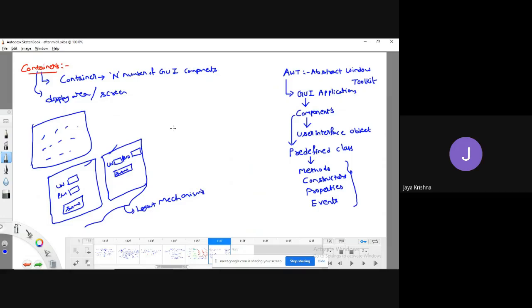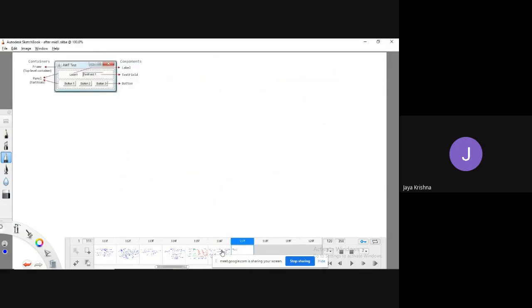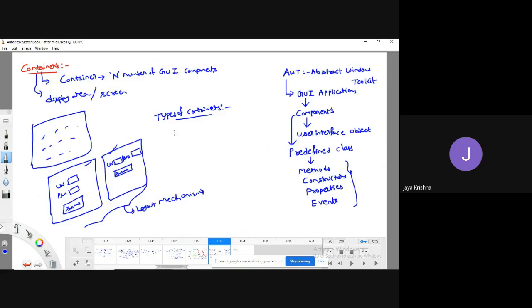Okay, there are various types of containers. If you observe the chart here, in the containers you have panel, window, frame, dialog, applet, file dialog. All of these come under containers.